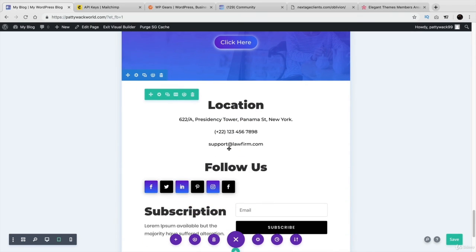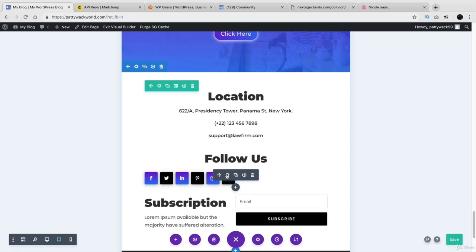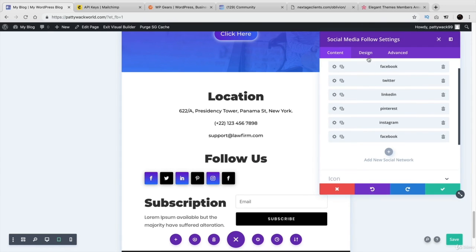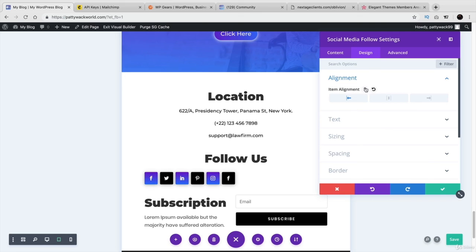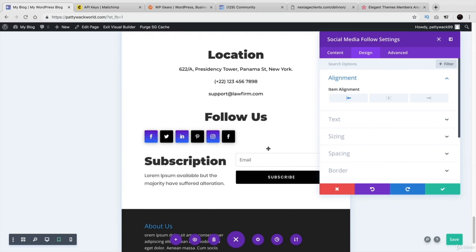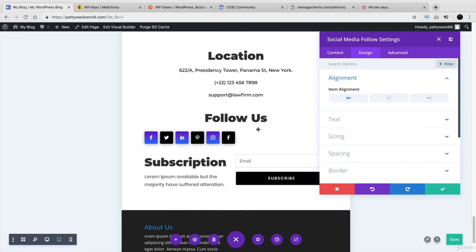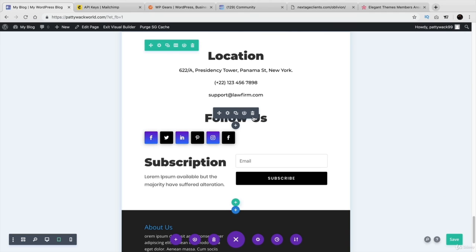So here we have our social media follow. Now right here, we can change alignment to center, like that. But the problem with that is that this is actually going to affect how it looks on the actual website. So we might want to just leave it like that, because I don't think that it's that big of a deal. But then again, you can go ahead and change it. But if you do change it, it's going to apply to the entire website. So what you can do here is probably just disable or make this invisible on mobile